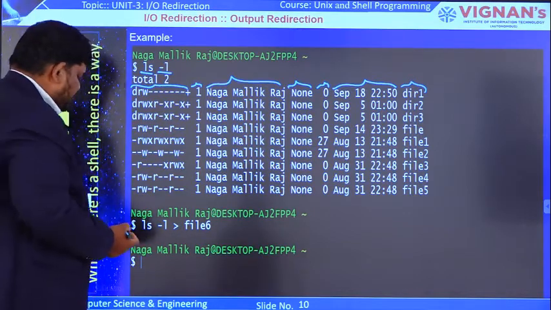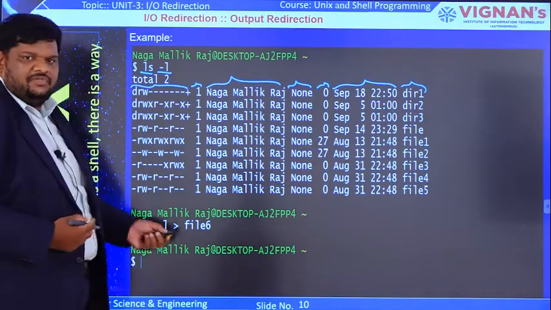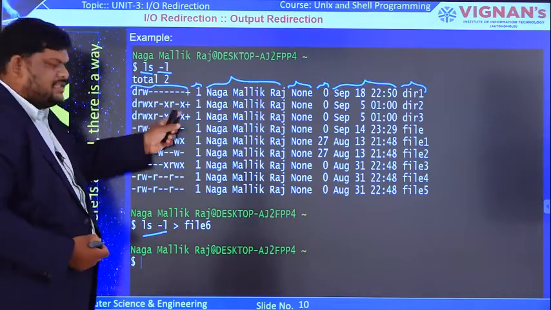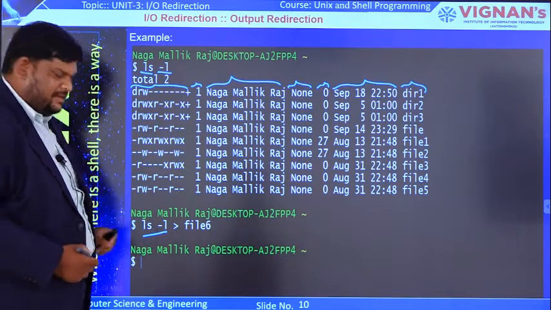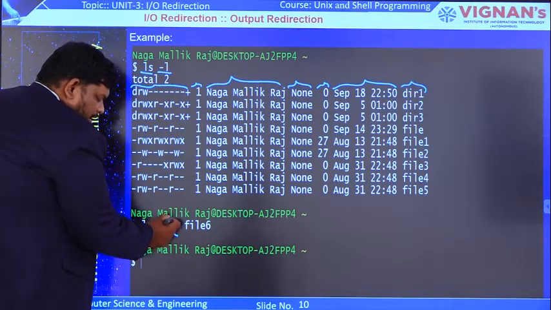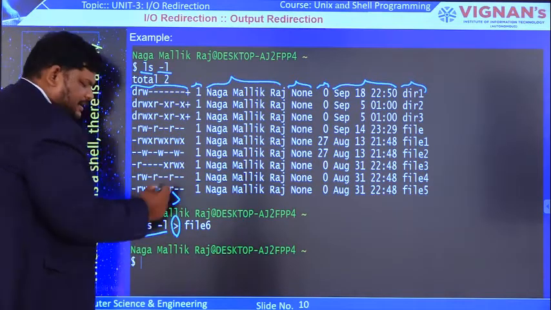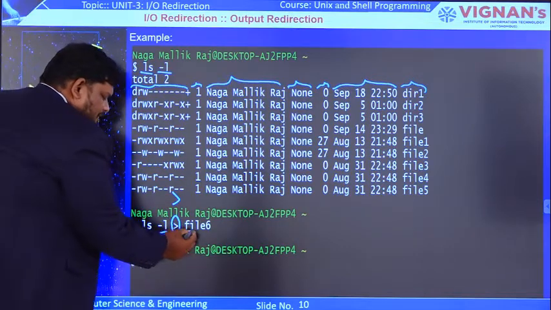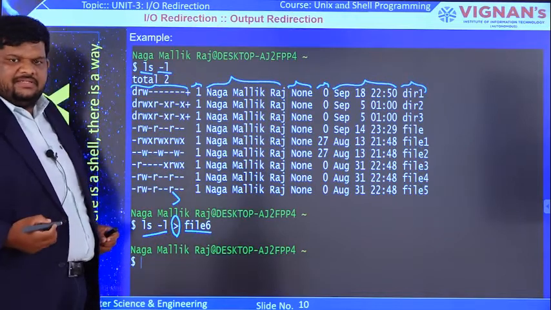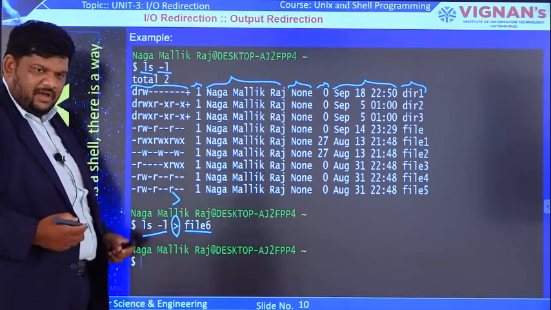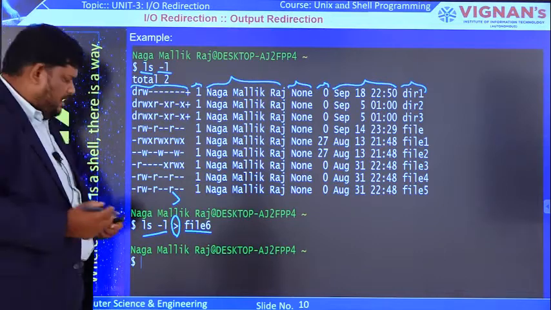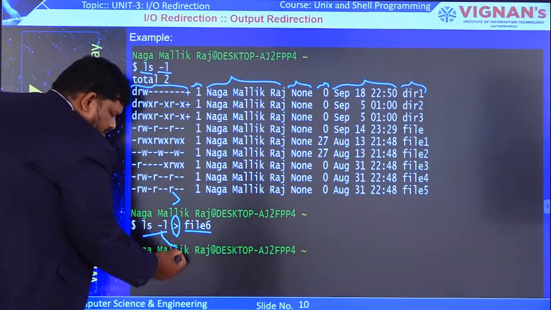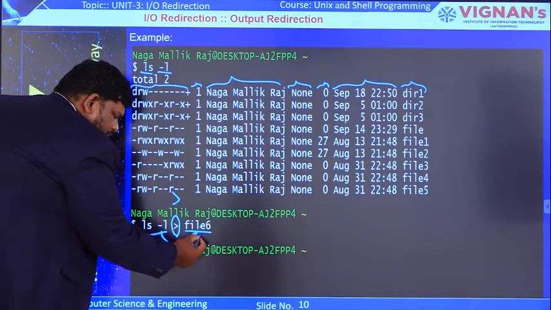Now let us see how output redirection works. This is the command ls -l, and we have seen the output that comes after its execution. Now, with the help of output redirection, the greater than symbol, we give the file name file 6. We are redirecting the output of this command to file 6.